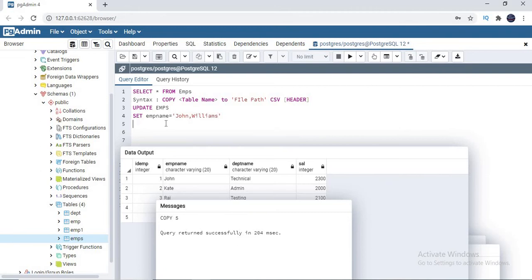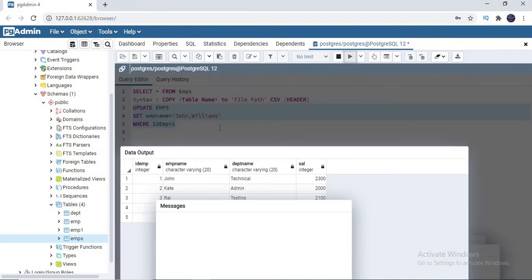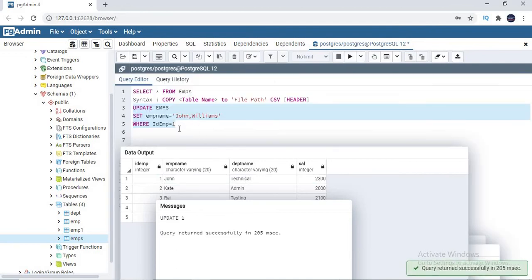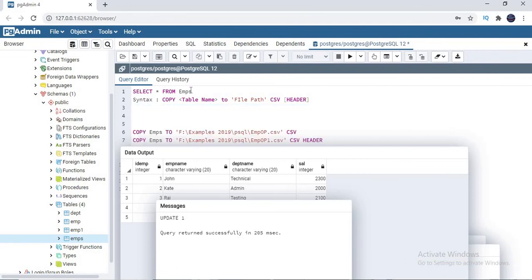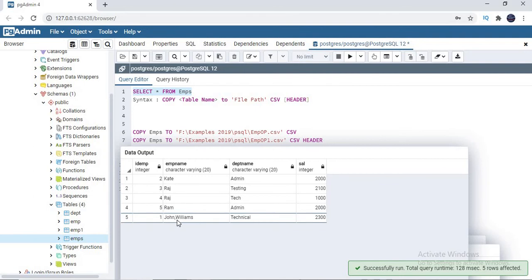Williams. Why they kept a comma in the employee name column is a different story. Let's not talk about that now. I want to show you some scenario. Let's quickly run this. Okay, the update is done. Now let's quickly see the data. Now you see here I have an employee ID with a comma-separated John, comma Williams. That's how the table data is.